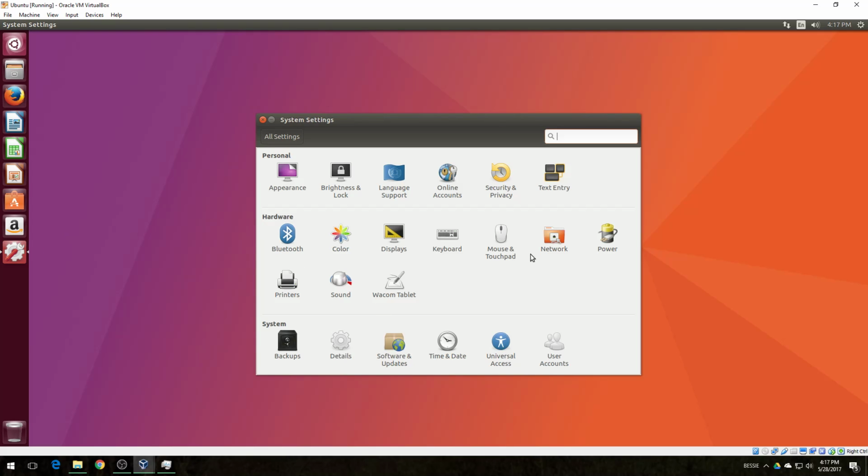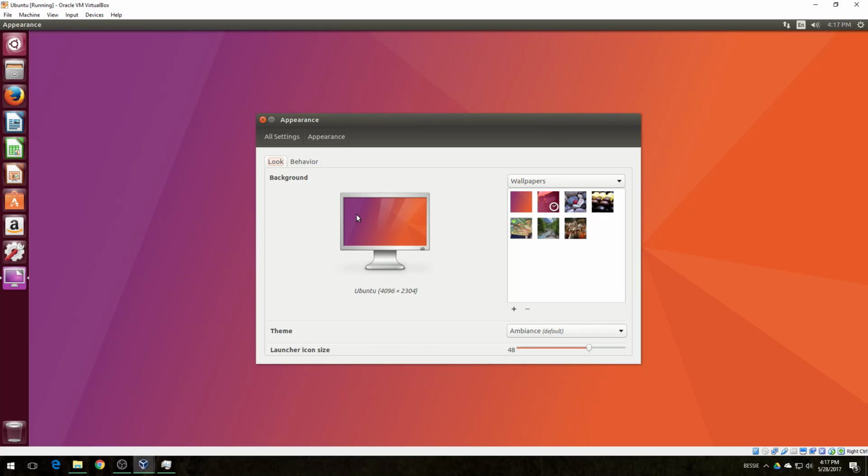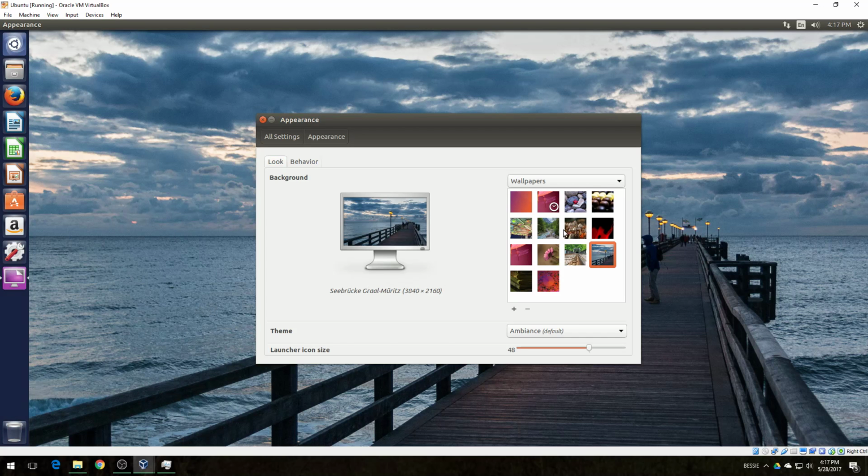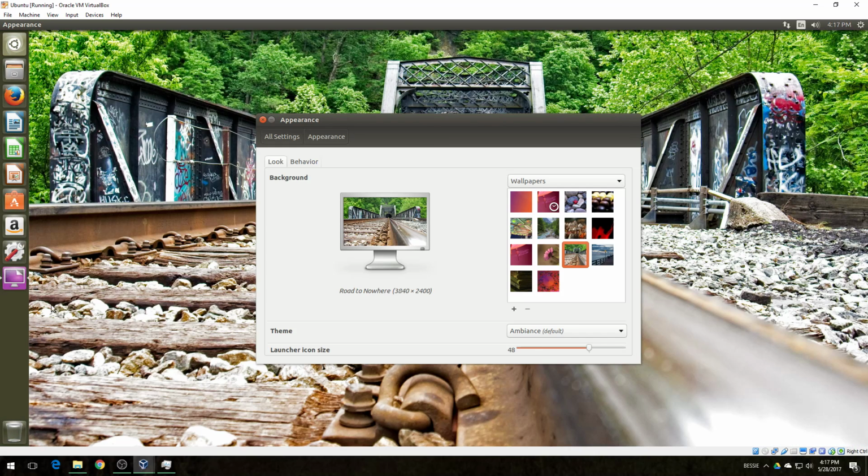This is pretty standard stuff. You can go in here and change to another background. Let's pick a different one. Here we go, pick this one. You'll see that there's a little translucency if you're using the 3D accelerated version.